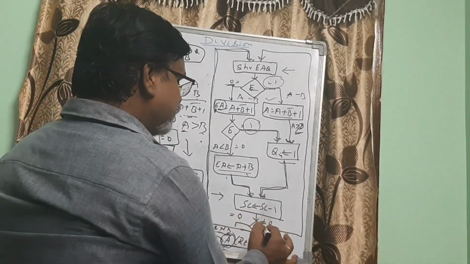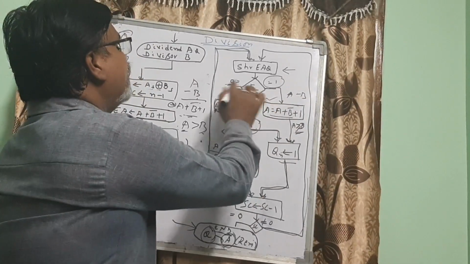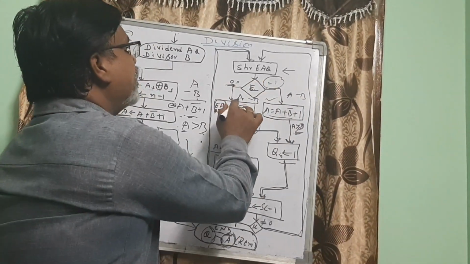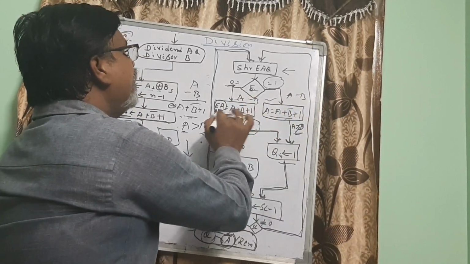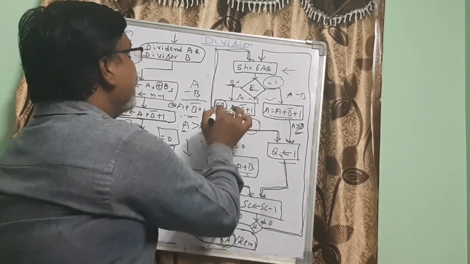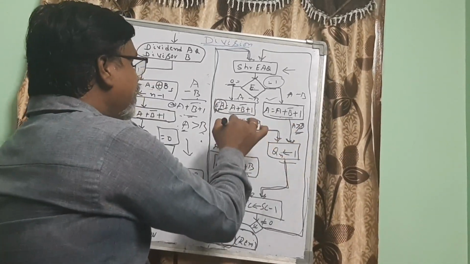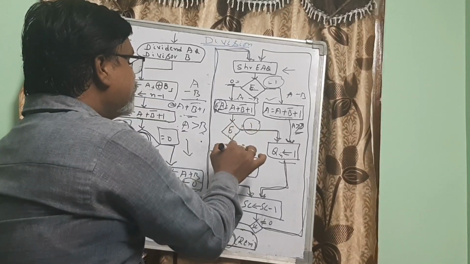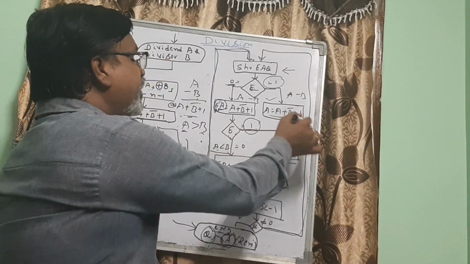So we go back here, same process, shifting right EAQ, and then the E value will be checked. So A minus B or A plus B will be performed here in EA. E is again this extra bit, whatever is checked here. If it is 1, this operation will be performed. If it is 0, E=0 means A is less than B. So E=1 means A is greater than B.